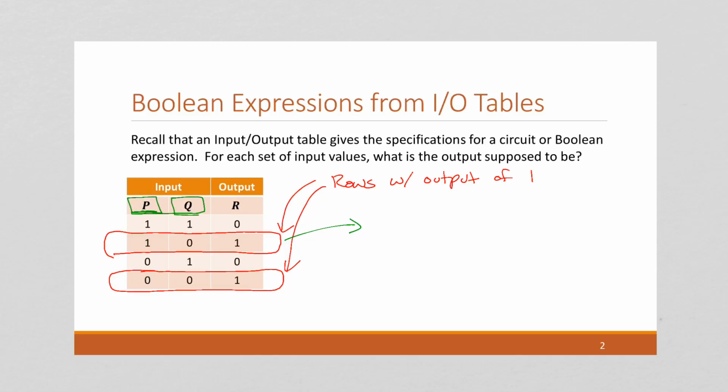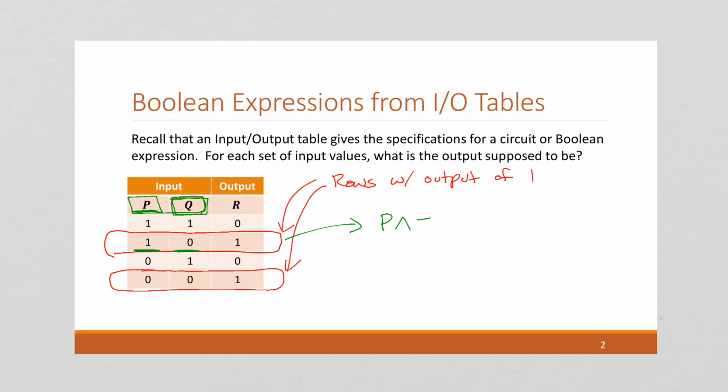What values do they have to be to get this row to be true? Well, P must be 1 and Q must be 0. So if P is true and Q is false, that row will give the correct output,